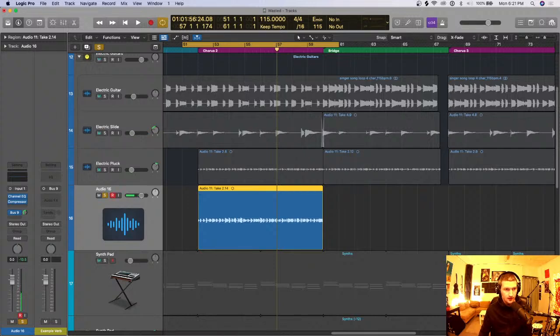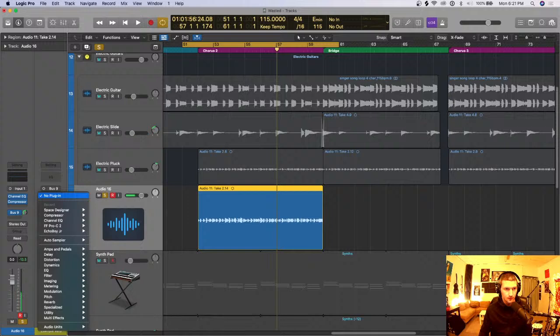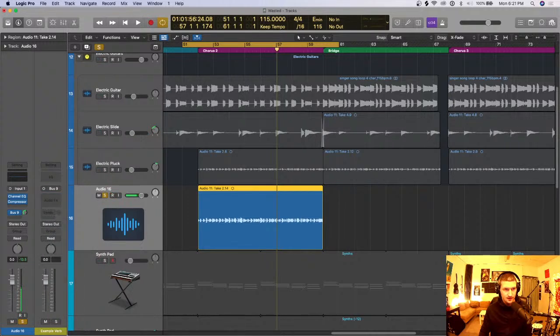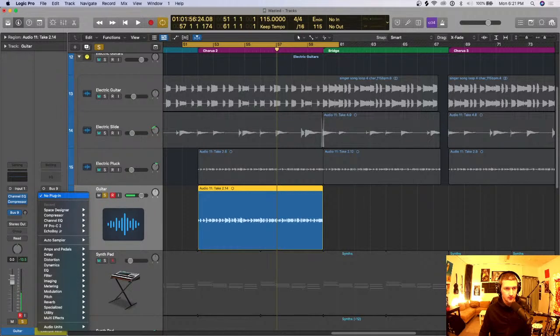So there's nothing in the track here, right? There are no effects in it. So you need to add your effect in this track. You need to go and add your reverb here and not in this track, right? Okay, this is your guitar track here, audio 16, we can call it guitar. And then we're going to send signal to this track here. So we're going to go and add a reverb,